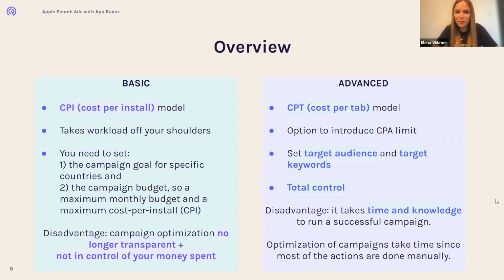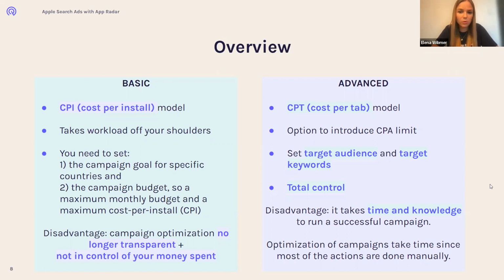However, what comes with that, and why I actually recommend against it, is that you will lose very important insights of Apple Search Ads. You will be blind about the keywords your ads are being placed at. In other words, you basically give away the control and the power mostly to Apple. So that's one of the reasons why we would all clearly recommend going with Apple Search Ads Advanced. In case you're not doing that now, I would clearly give it a try,